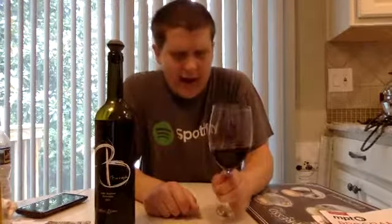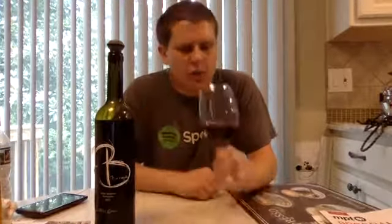And right off the nose, you can tell the spices, the alcohol. Then come the berries, then the toastiness of the oak, then the actual oakness characteristics coming out. And on the tongue, it's a nice long finish. Everything really marries well together. The only thing is, it is very, very dry. As soon as it hits the tip of your tongue, it dries out right away. It leaves you with a sandpaper sort of feel on your tongue. I don't want to say it tastes like sandpaper, but it feels like that. Very dry, and then you've got all those spices. So that gets a little bit of a deduction, but overall,